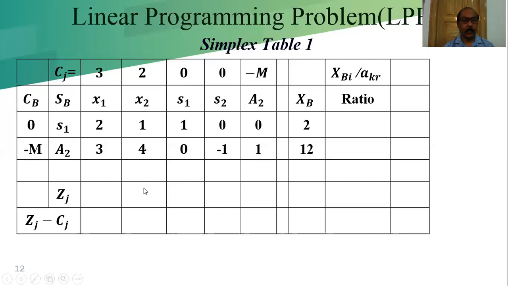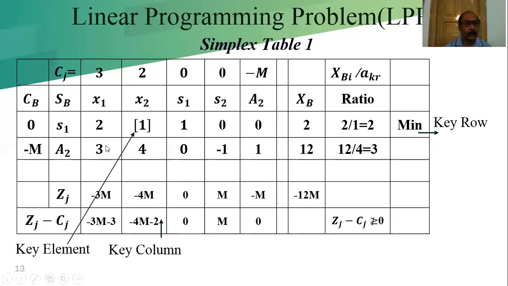In this case, it will be minus 4m. In this case, it would be m. In this case, it would be minus m. And in this case, minus m minus of minus m, this will be 0. Now move to the next table. The table is the same; for the iteration, we have moved to table 1.